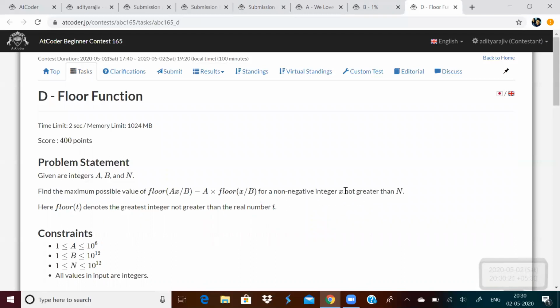X can be any integer from 0 to n, not greater than n. So if x can't be greater than n, for what value of x this will be maximum? Just analyze this carefully. If for some value of x, floor of x by b is 0, then we'll get the maximum, right? Because 0 minus anything will be max only.